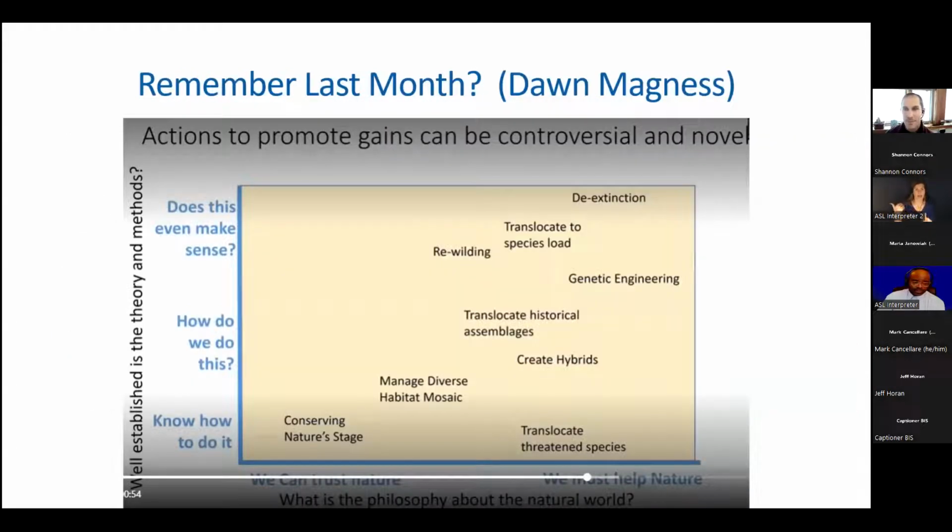that included this really thought-provoking chart about some of the controversial or novel ideas that are out there in wildlife management and climate adaptation. And I was happy to see that all of these are included in the wildlife menu. So this includes some challenging ideas as well as some of the more run-of-the-mill and conventional stuff like creating larger protected areas. So I was happy to see that. I wanted to give a shout out to Dawn's presentation.